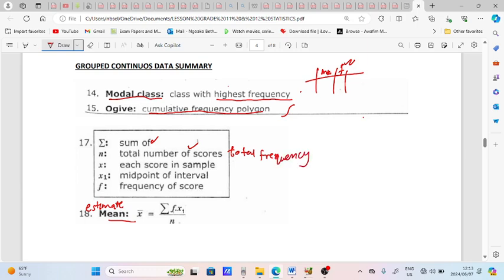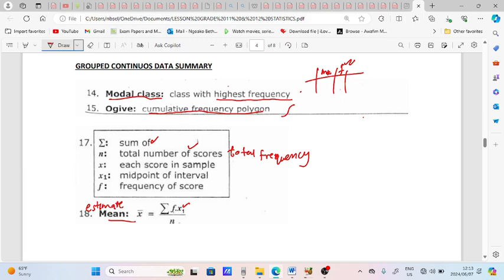We don't add those rows and say 1, 2. No, we add those numbers inside the frequencies. That will be the n in this case, okay, for the group data. So now this x here in the formula is showing each score in the sample, but in here, of course,